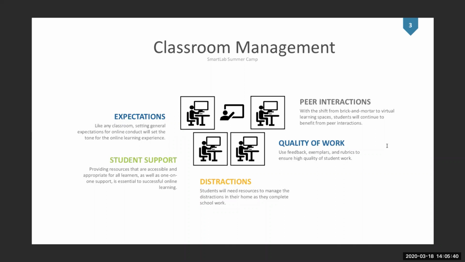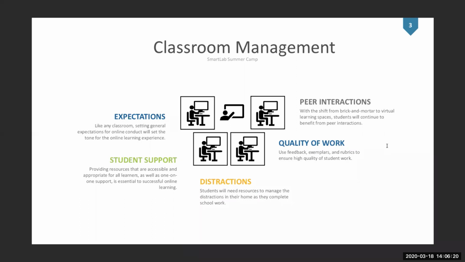And then another thing you may want to keep in mind to help eliminate some of those distractions is what the student's learning environment is at home. If they've picked the kitchen table where everyone is working and everyone is moving around, that could be pretty distracting. But you can empower students to design their own little learning environment, whether it's a corner of their room where they have a desk and a chair set up and they have a sign on their door that says, school in session, I'm working. You can send those suggestions out to the kids and to parents, just so that they're aware of how they can set themselves up for success.